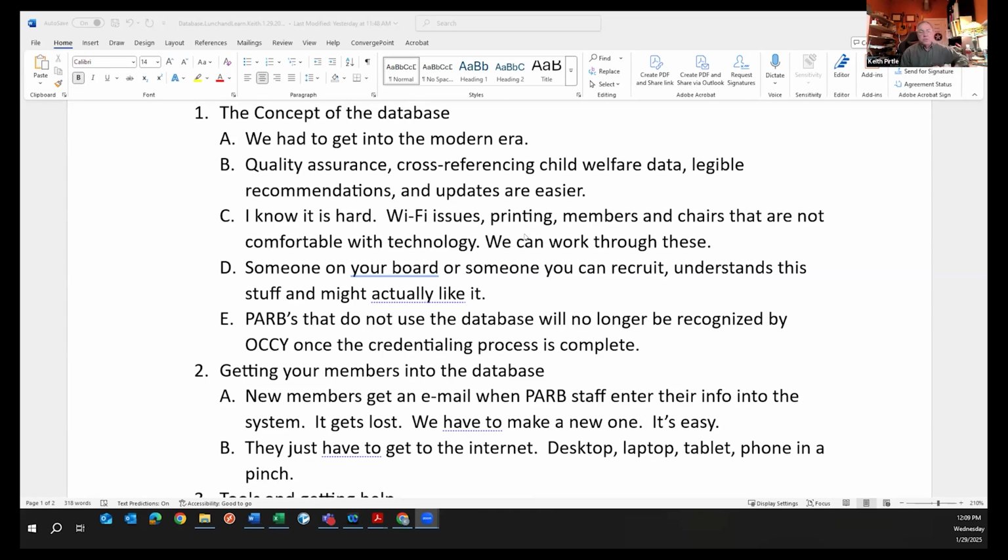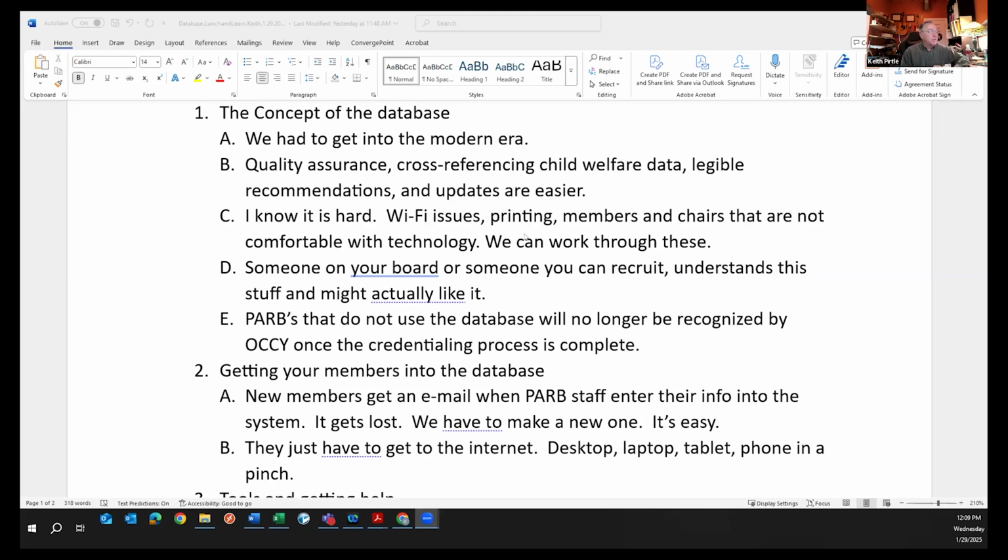Printing is another issue. You still have to print the recommendation and submit it. It can't just be all electronic. They have to make copies. The court clerk has to file it and put it in the case file. So it does have to be printed, and that can be a challenge too. And a lot of members maybe don't really use email a lot or don't use computers a lot, and I know that can be a challenge. All of those things, like I said, I think we can work through, but those have come up. None of those are insurmountable, I don't think.